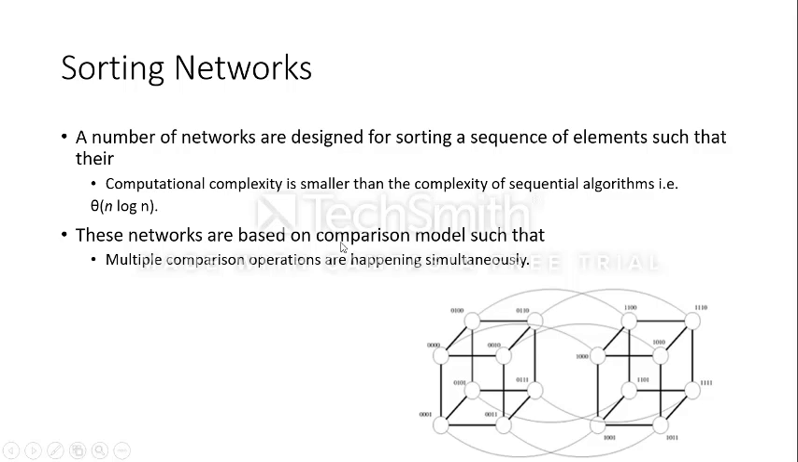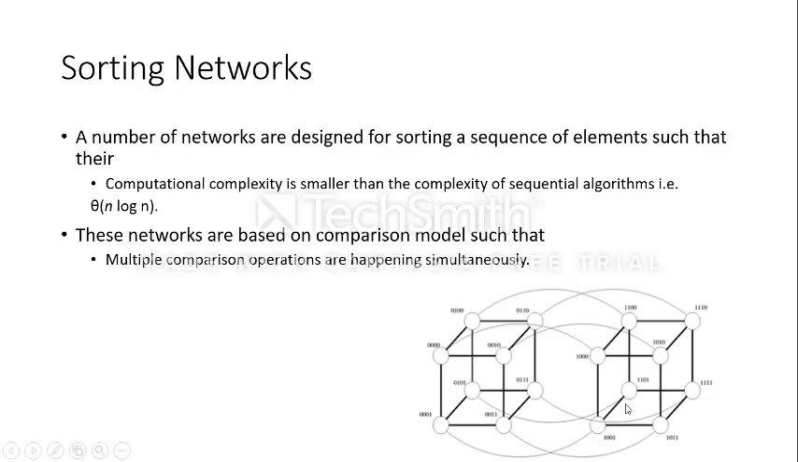We have to compare the values independent of any other property. We have to simply compare two values, which one is greater. We will not consider any other property like the binary values or any other values. So in this case, multiple comparison operations are happening simultaneously, like the parallel compare exchange operation or parallel compare split operation,